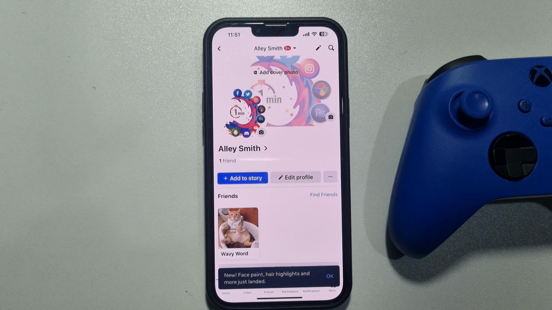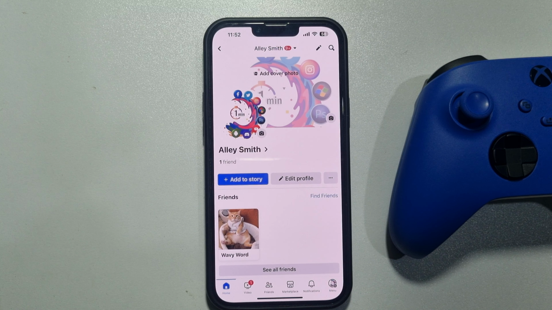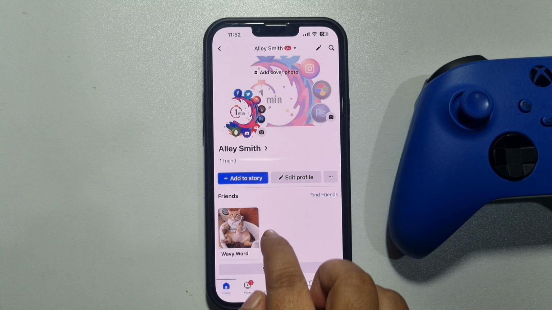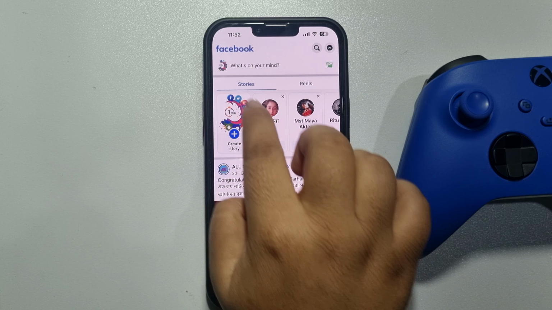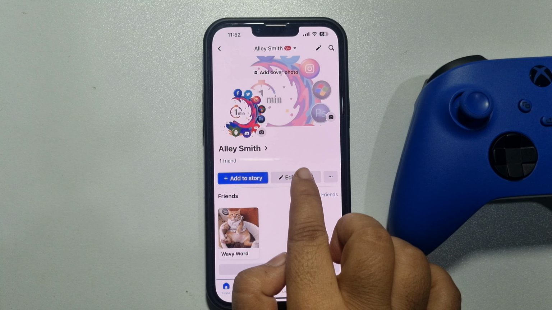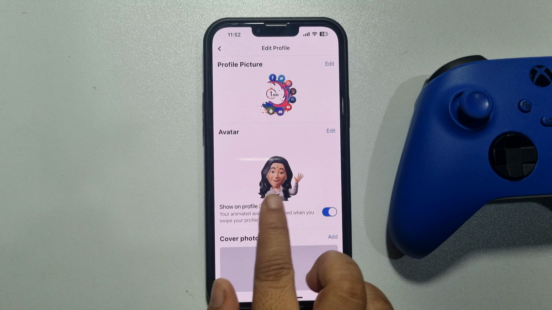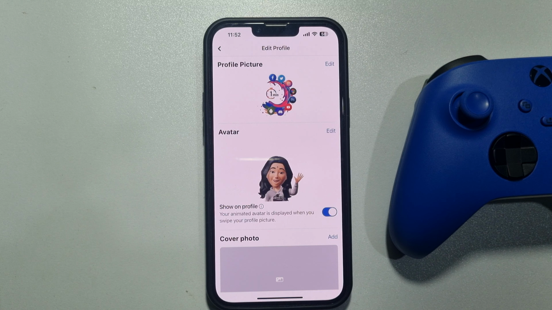This 5-minute solution will show you how to edit and update a Facebook avatar. So as you can see right now, I'm in my Facebook profile, and I'm tapping on edit profile, and here we can see my avatar. And if you want to edit or update your avatar, simply tap on edit,